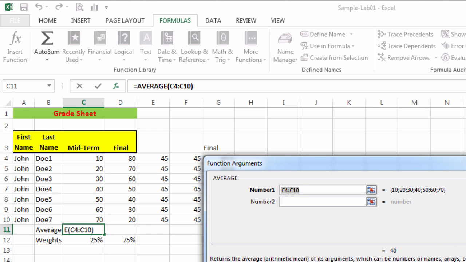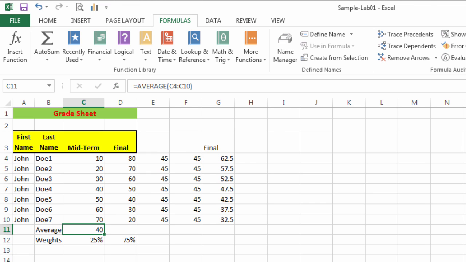That's what it means. So you say yes. Okay, so now you have the average for midterm 1, and if you want to compute the average for the final exam, of course you can compute it one more time using the formula, or you can simply use autofill, right? So you drag and drop, and you see the average here, and note here C4 changed to D4, and C10 changed to D10. So basically it computed the averages for numbers between D4 and D10,